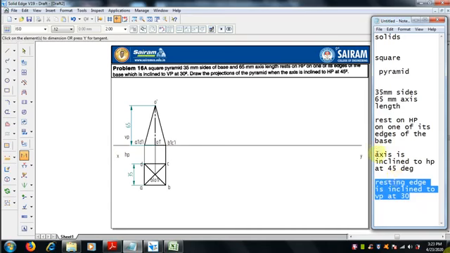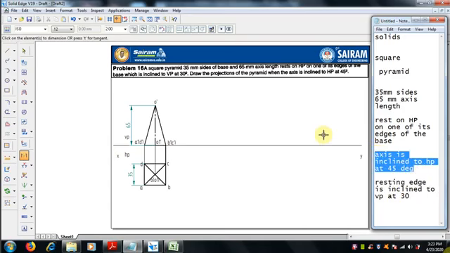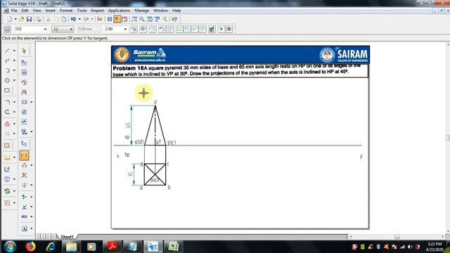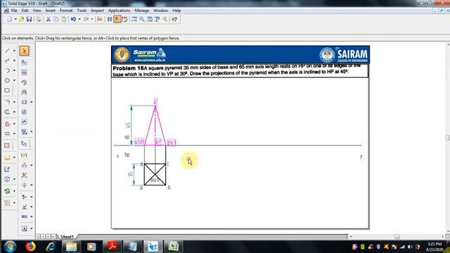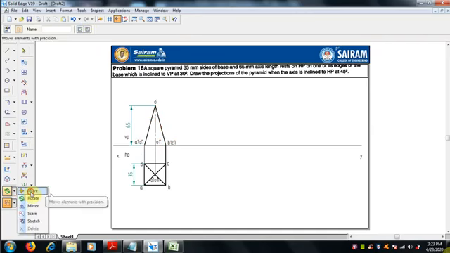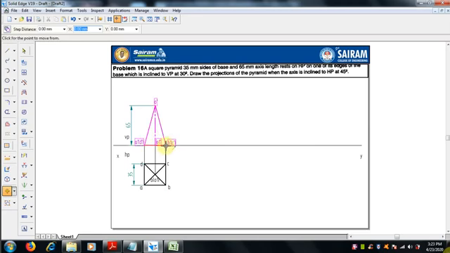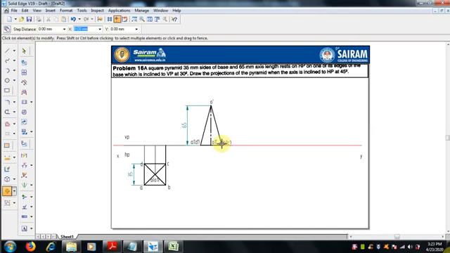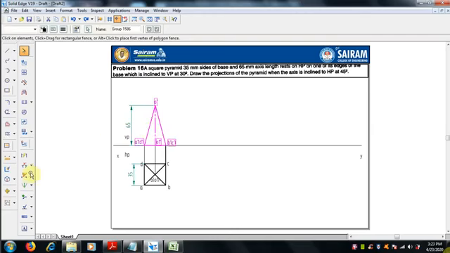the axis is inclined to HP at 45 degree. So the front view we have to move and rotate by 45 degree. Now select the entire thing, group it first, and we can move a copy by selecting the move command. Move a copy by selecting any one point for the movement, keeping it nearby. But the copy option should be on, otherwise the original is moved.